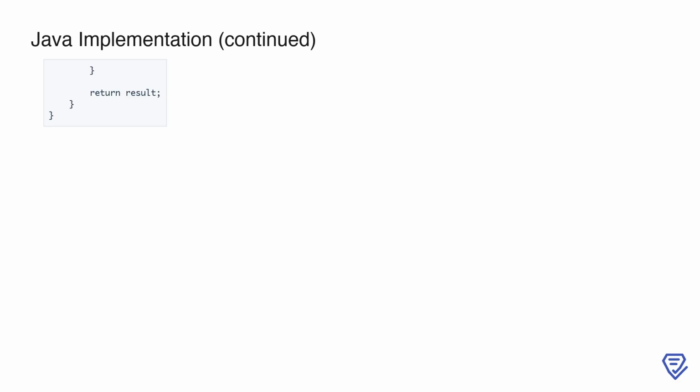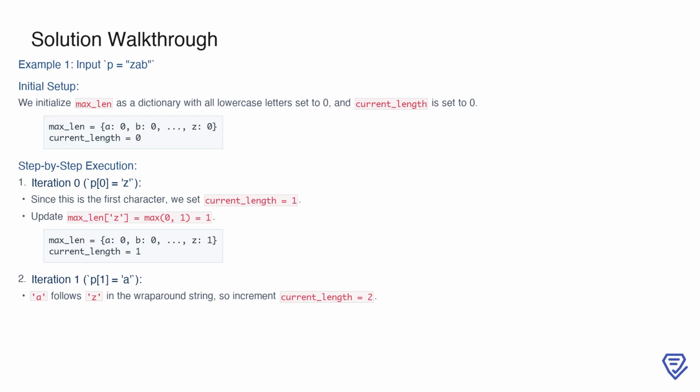this problem. To solve this problem, we start by initializing a dictionary called max_len with all lowercase letters as keys, each set to an initial value of 0. This dictionary will help us track the maximum length of substrings ending with each letter. Additionally, we initialize current_length to 0, which will keep track of the length of the current valid substring as we